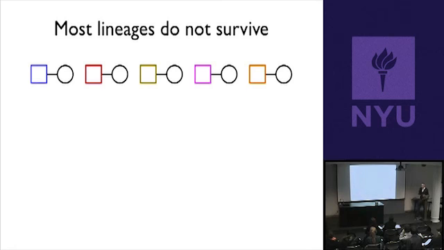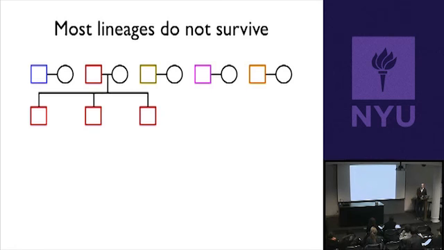Okay, so now we can ask, well, what happens when these individuals have children? And as you know, in a normal population of people, not everyone has the same number of children, right? So if there are 5 children produced by these 5 couples, it's not like each couple is going to have 1 child. So let's imagine that what really happens is that couple has 3 sons, that couple has 1 son, and that couple has 1 son. Okay? So you'll notice what's happened already, which is that this couple and this couple didn't have any sons, right? So in the course of 1 generation, we've gone from having 5 different Y chromosomes to 3 different Y chromosomes.